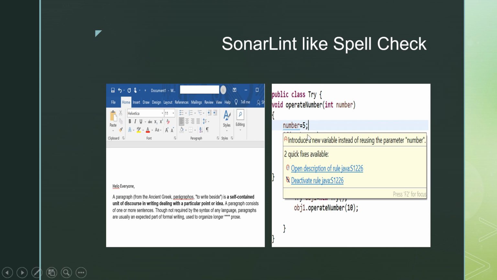Not only is it going to tell you where the issue is, but it is going to give you a complete description of that issue and will also tell you how you can fix it, so that by knowing that solution you can apply it in your code and have good quality code, and you would not be facing such issues at runtime. So SonarLint is a very powerful tool for analyzing all those issues and bugs before even execution of your program. As soon as you write your code, you get these issues side by side. So SonarLint works like a spell checker only.